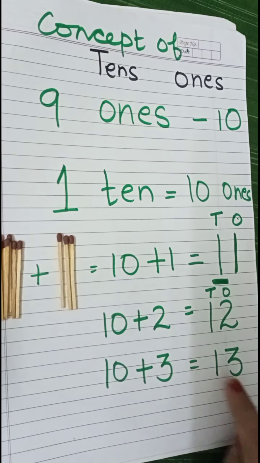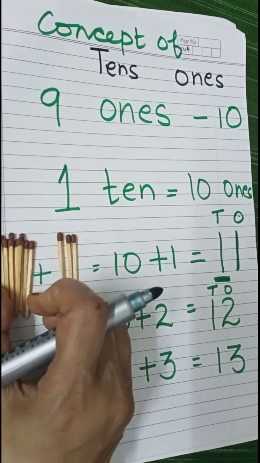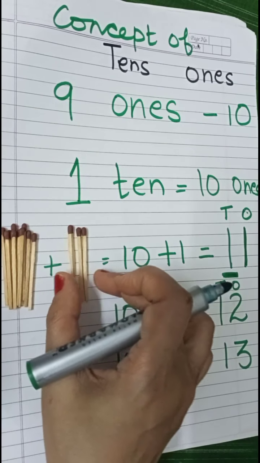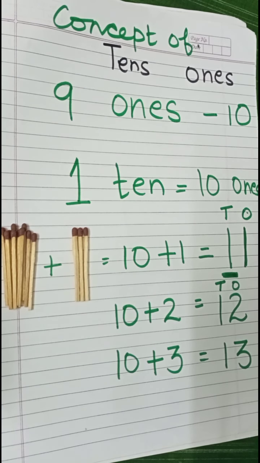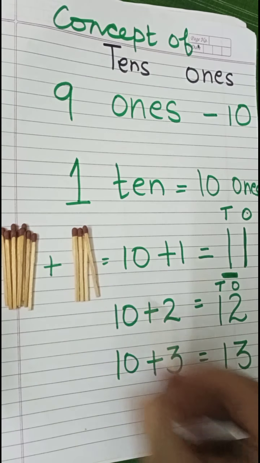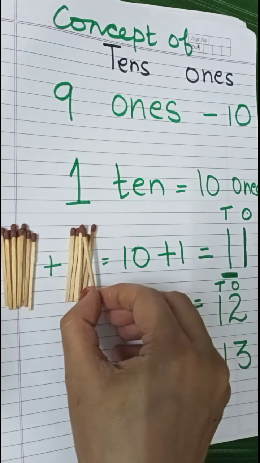These are 3 ones, and this 1 represents this 10. Can you see it? Yes. Clear? So this way if I add 4, it will become 14, 5 is 15, 6 is 16, 7 is